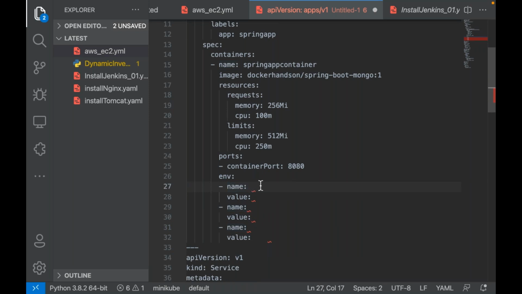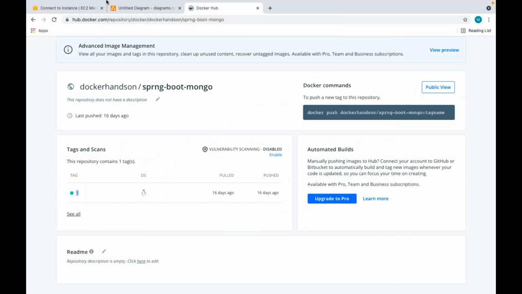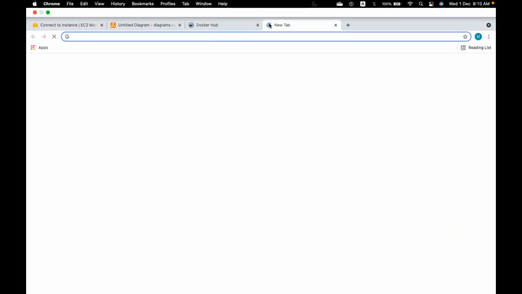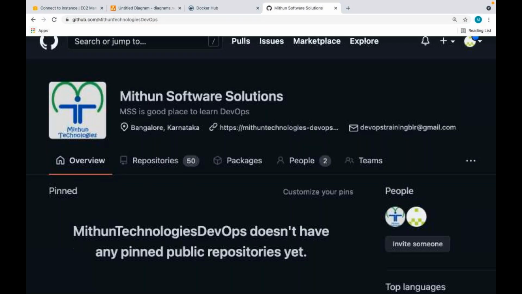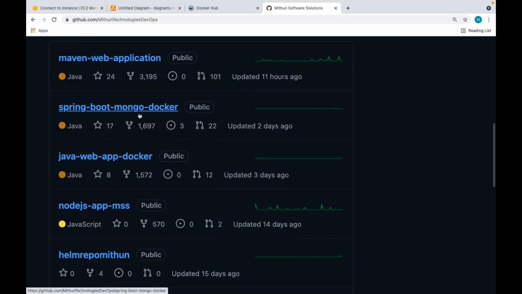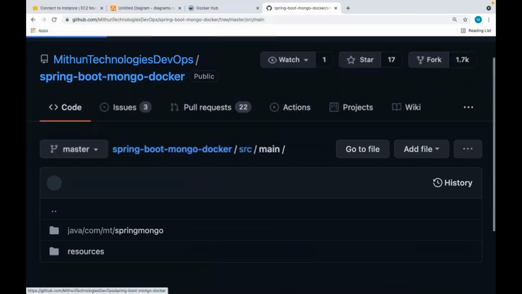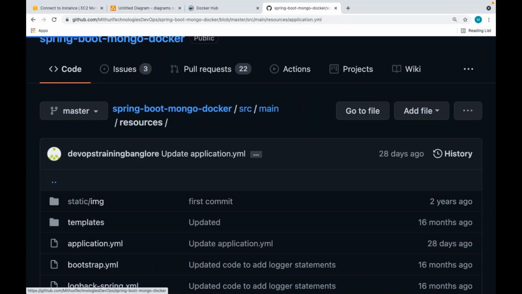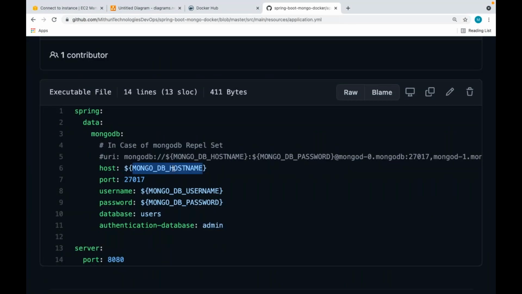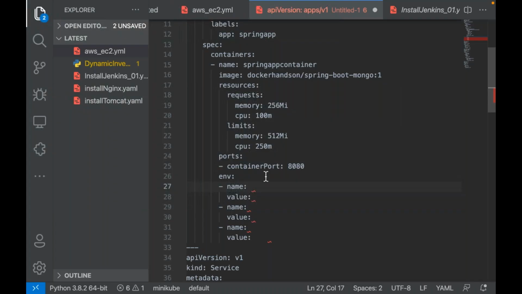Let me see the code itself. One is the MongoDB host name.